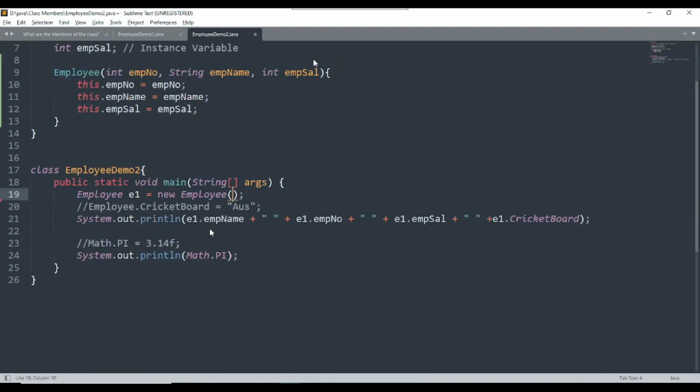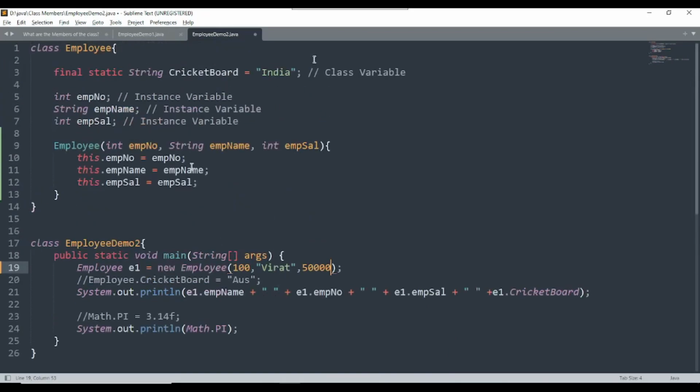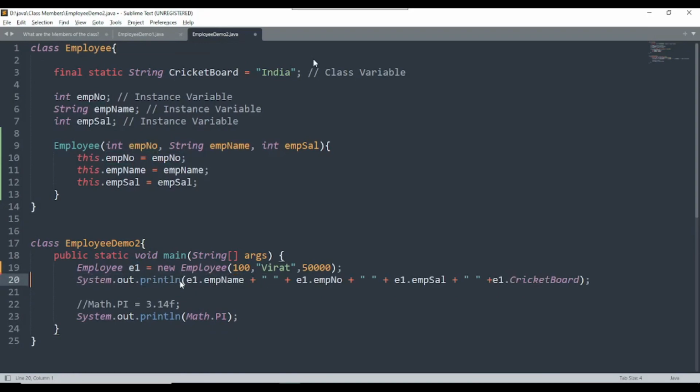So now I just need to pass the values from here, say for example 100, the employee name is Virat, and the employee salary is 50,000. So I am passing these values to the constructor, the object will be initialized, and then we can print the values by using the object, right?